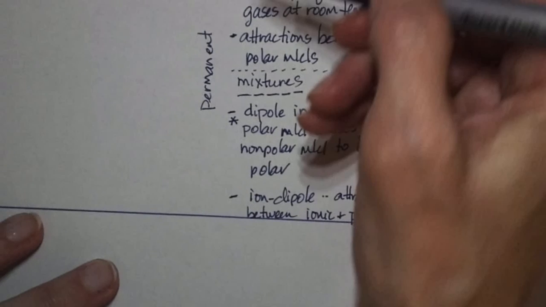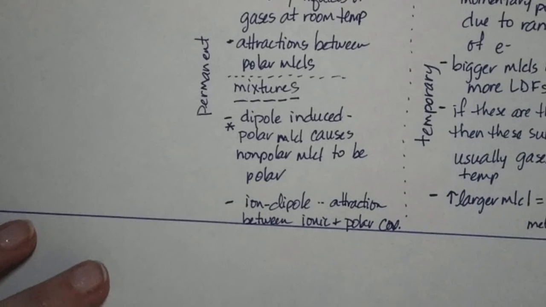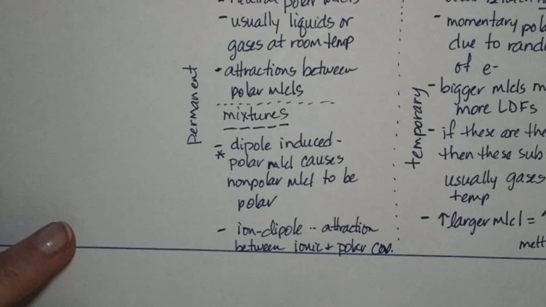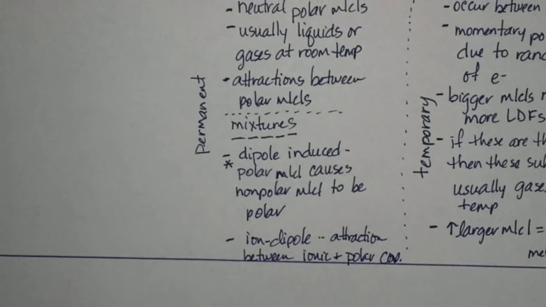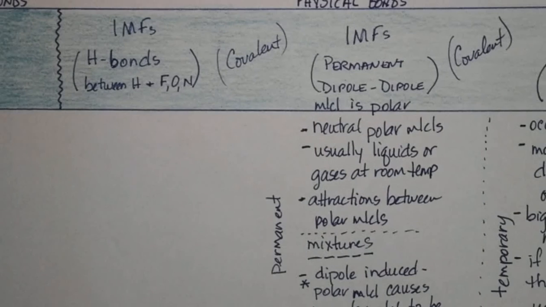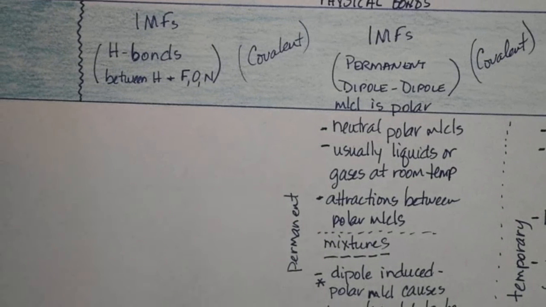And then the last one is the most important. This is why we have life on the planet here. Oxygen. Water. Water is a big deal here. So the positive end of one molecule is attracted to a very electronegative atom in another molecule. So this is the positive hydrogen